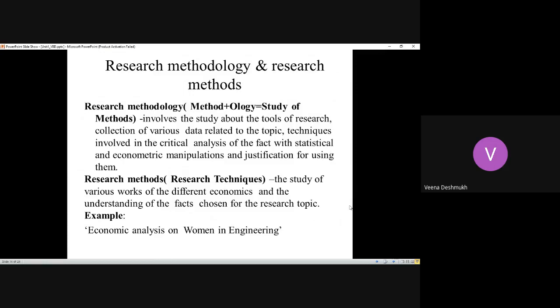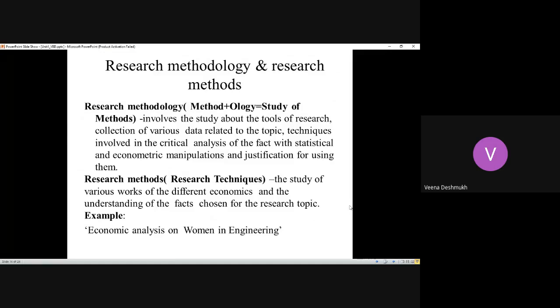So methodology, if you split it, it is basically the study of various methods. Not only study, this study involves justifying why a specific tool is used for a specific kind of approach. Like whatever the good research, the four qualities we studied, for that giving justification for usage of a particular tool, particular method. So this methodology involves study of various methods, then coming to a conclusion like which particular method